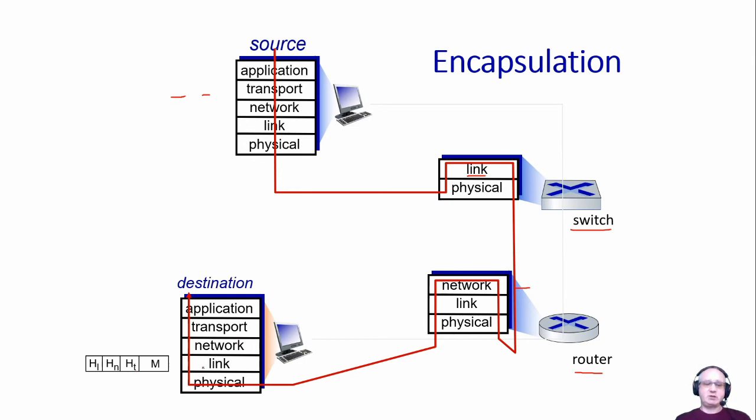So the destination receives the link header, and it will then examine it. Okay, so first it will receive the frame and pass it to the network layer. The network layer in this case would look at the destination address and say, well, where does this packet go? In this case, it would realize, oh, that's a packet for me, so it will not send it on, but rather it will pass it on to the transport layer after stripping that network header that is now no longer needed.